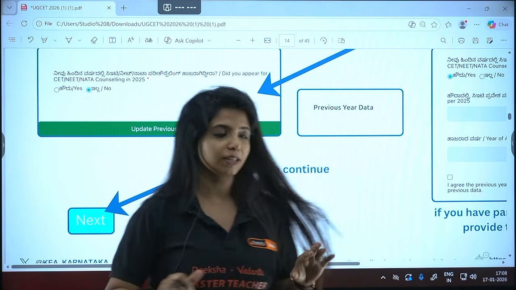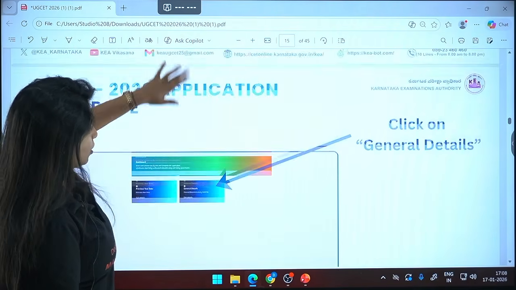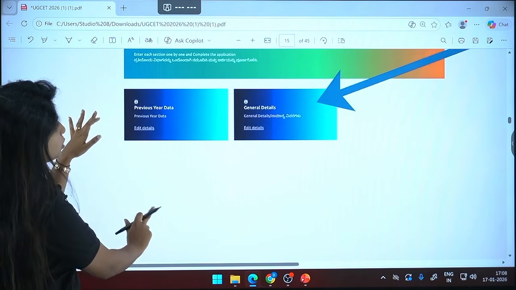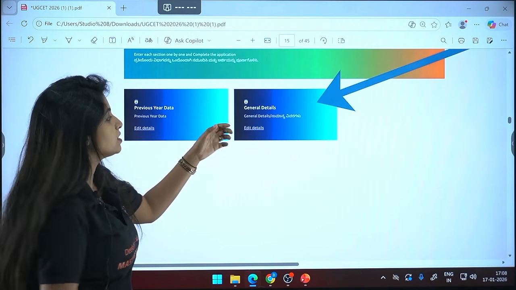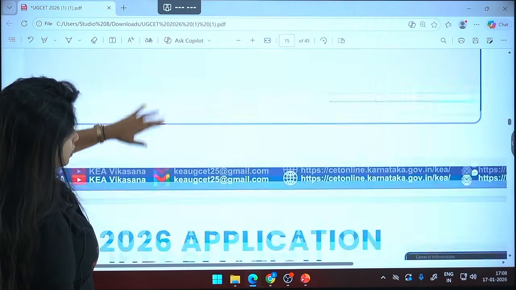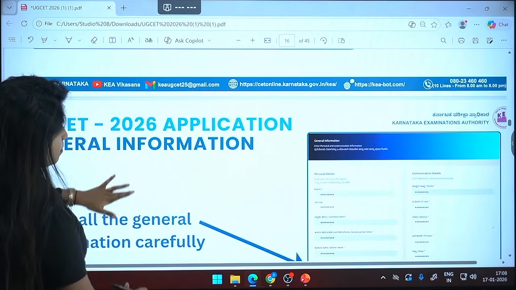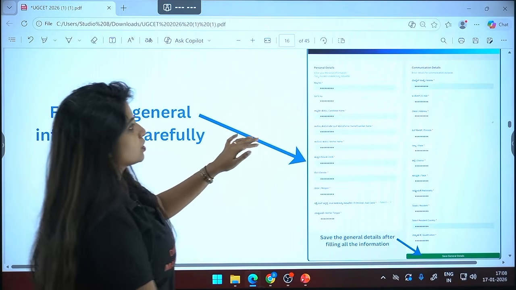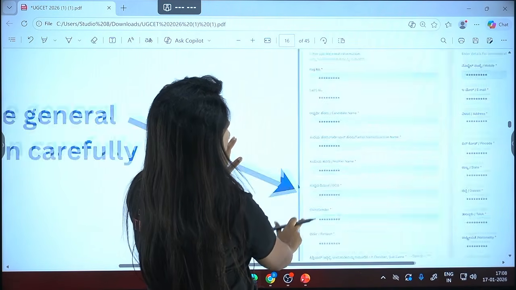So click on next. Now once you click on next, what is going to happen over here? You will see some other things popping up, that is general details. Now click on general details, my dear children. Okay, step by step. So now when you're clicking on general details, you have to fill in some information